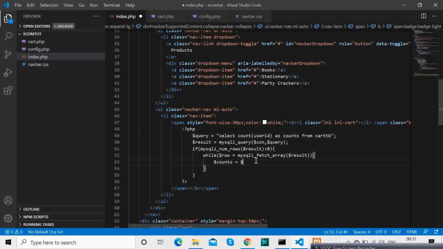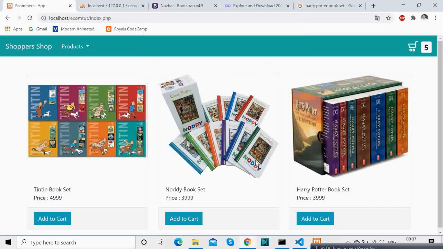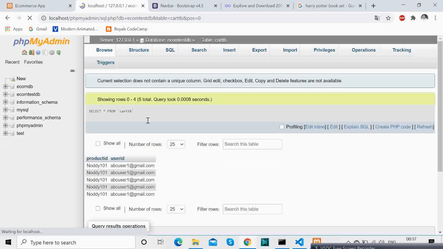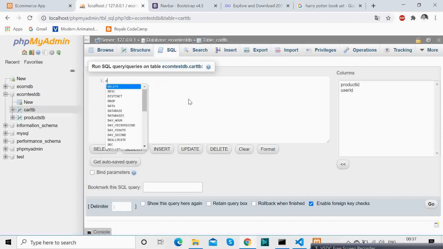Okay, you take a note of that, and when you do, you just make that from CartDB where user ID equals, and get that from the session variable or hard code it. Okay, so I forgot to add that where clause, so basically now it will be showing, but it's not an issue because we are getting to know the functionality, and I believe it will not make much of a problem right now.